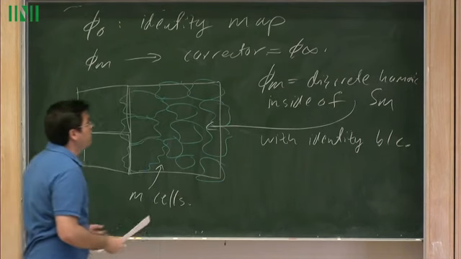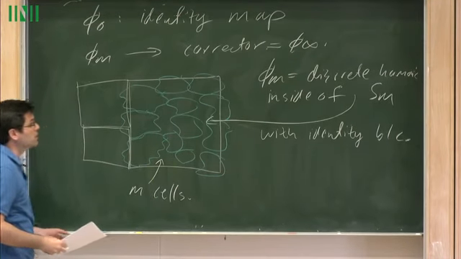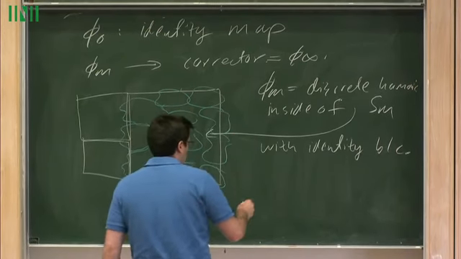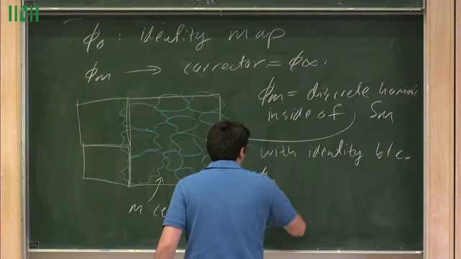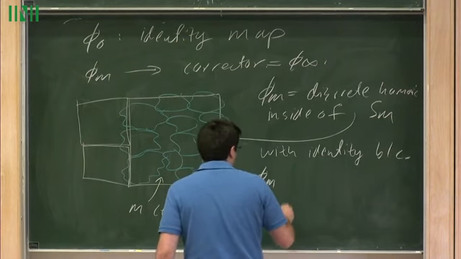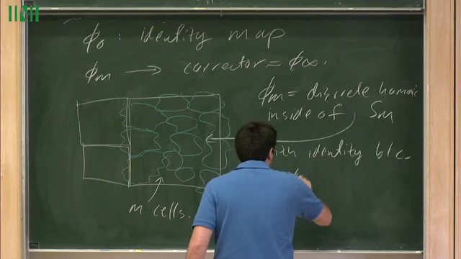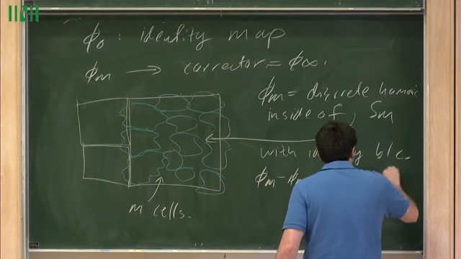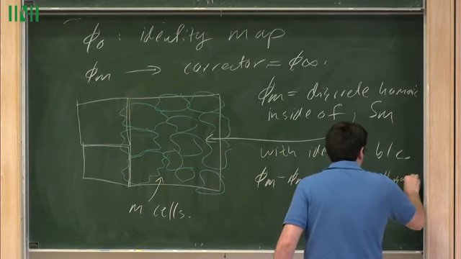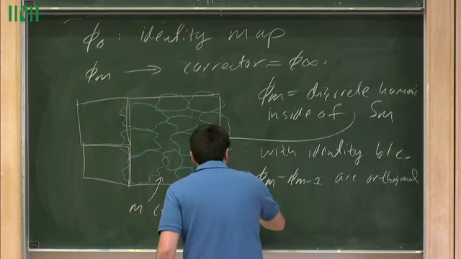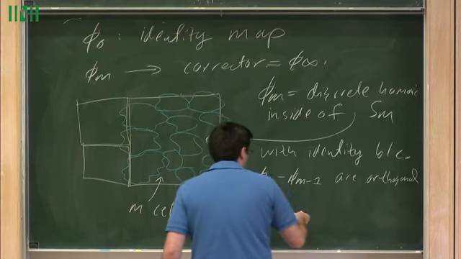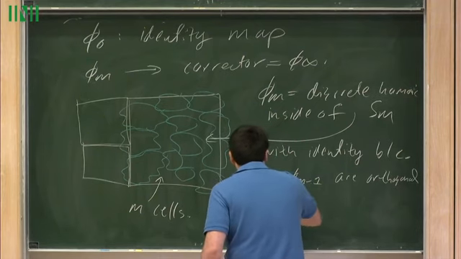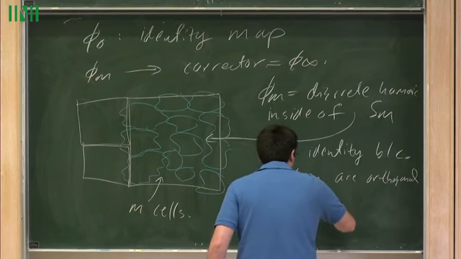And the reason, very roughly speaking, why this works is that it's not difficult to check that the differences, phi sub m minus phi sub m minus 1, are orthogonal in the Dirichlet space, so with respect to the Dirichlet inner product,